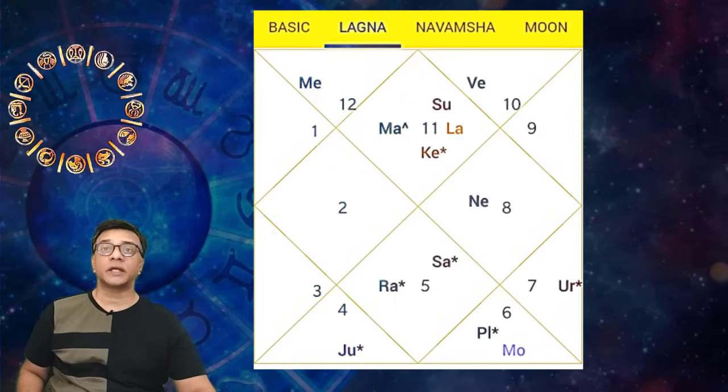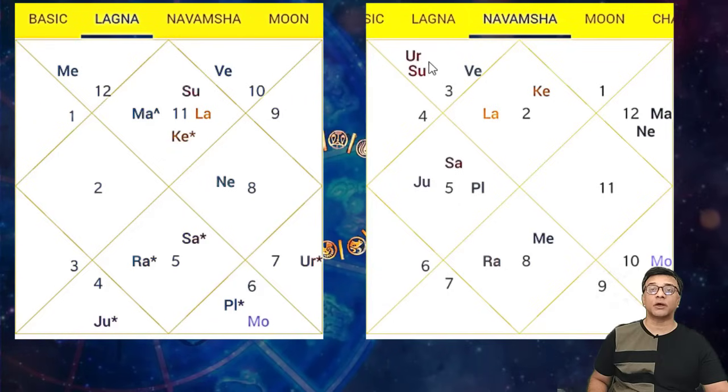Why? Because in his Navamsa chart, Lagna lord has gone into the 2nd house, which means the person is not going very far away from his country of birth. Similarly, his 4th lord Sun is also placed in the 2nd house with the Lagna lord. This doesn't give him a strong chance of settling abroad. This shows that the person may go abroad, maybe for his education, but comes back.